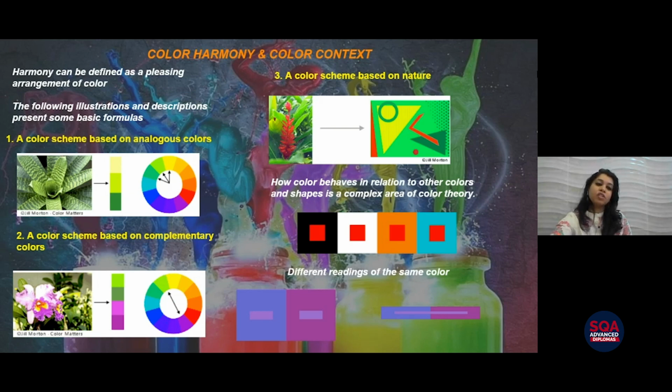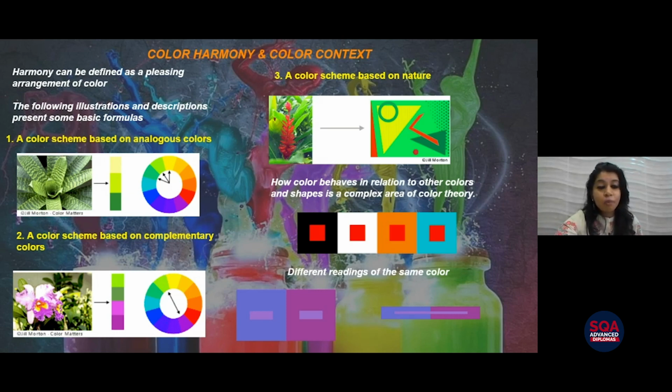If you see the first image here, the leaf is showing an analogous color scheme, which means there is a mix of green color, which is a little darker shade. Then you have a green which is a little yellowish, and then you have a yellow color. So this is one example of an analogous color scheme.